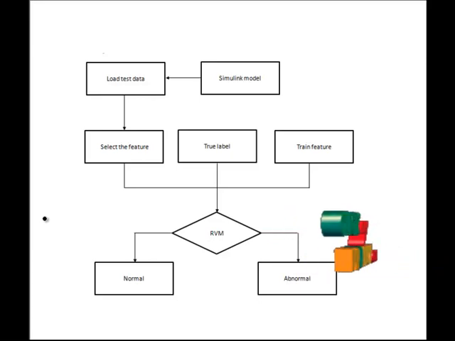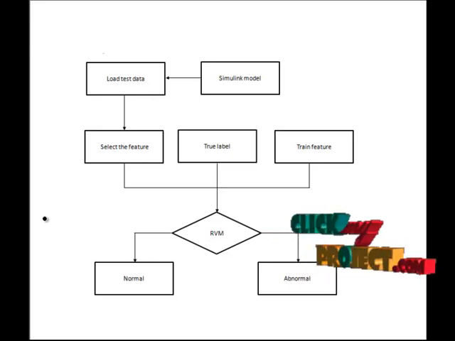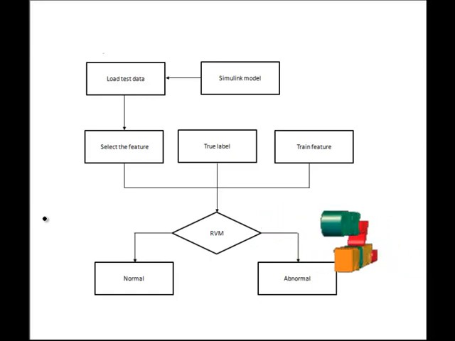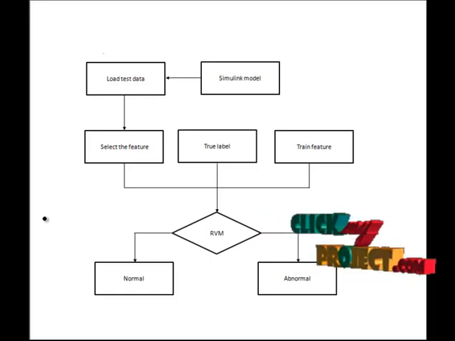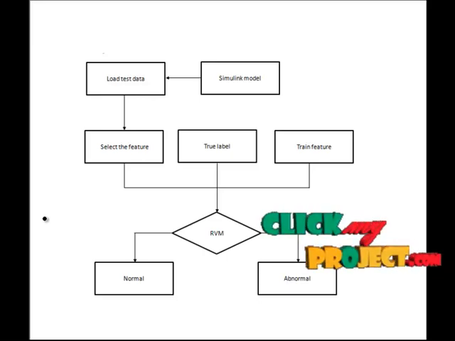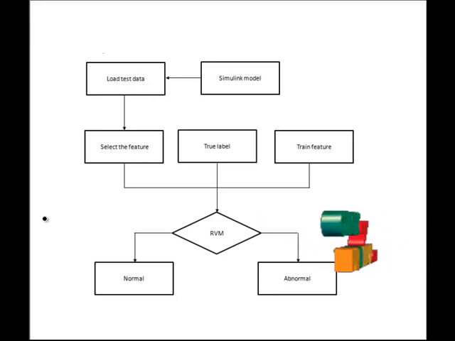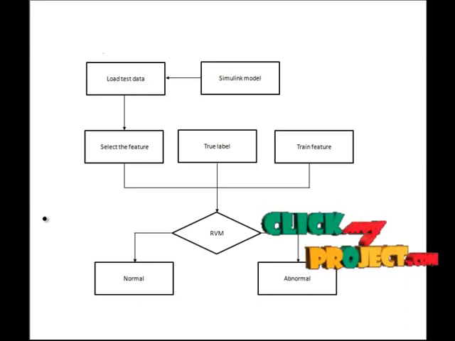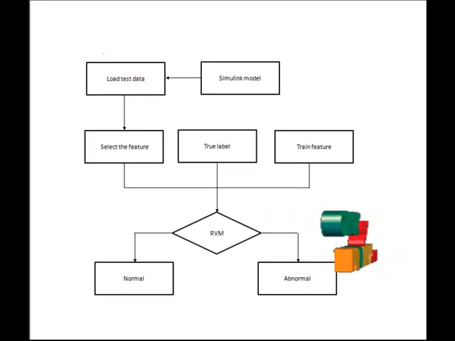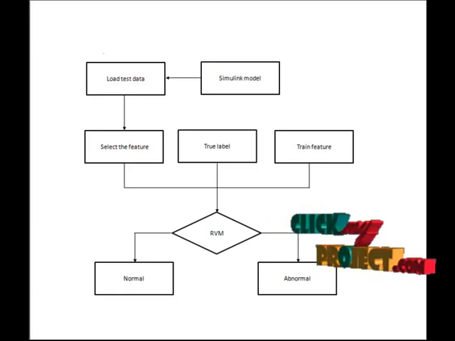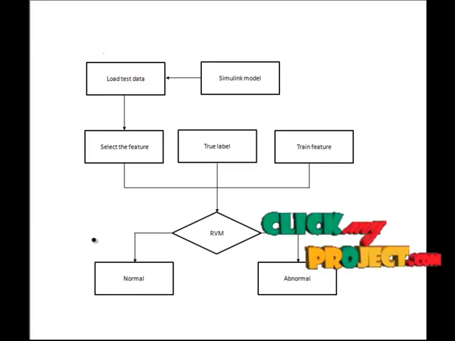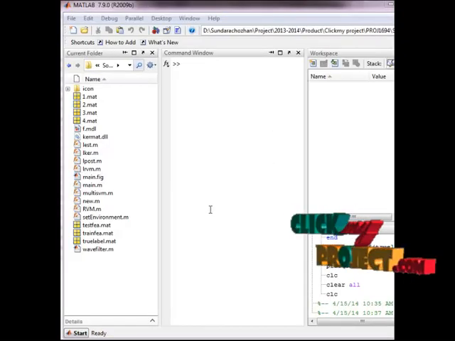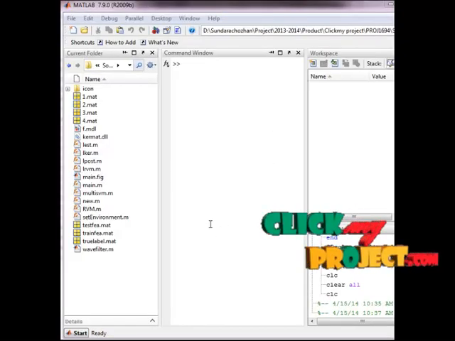The RVM classifier, in mathematics, is a machine learning technique used to obtain solutions for regression and classification. The RVM has an identical functional form to the support vector machine but provides probabilistic classification. It is an accurate classifier to classify the fault. Now I go to demo our project.